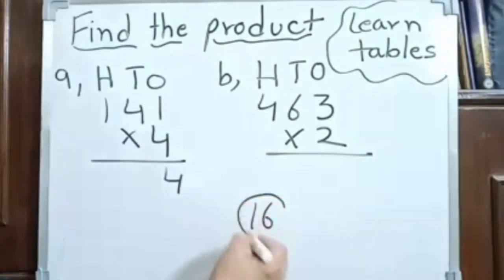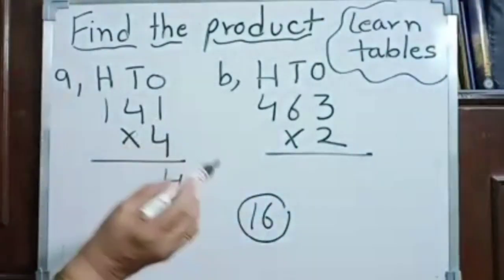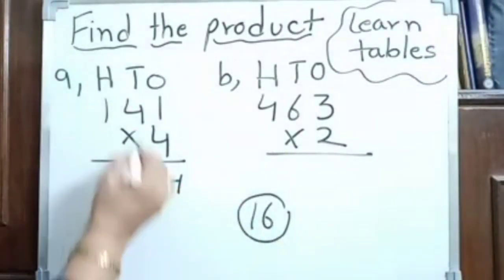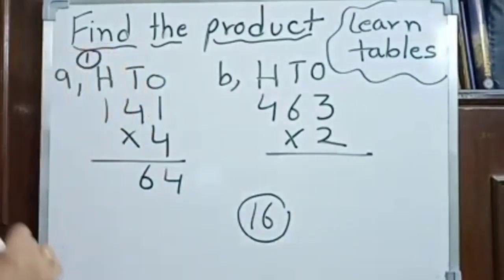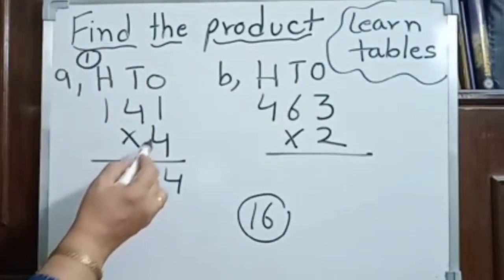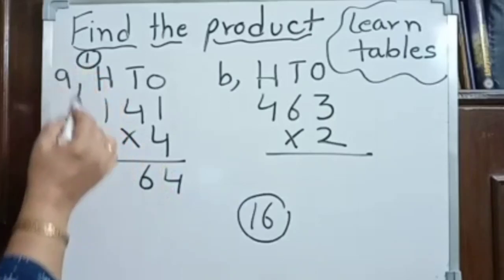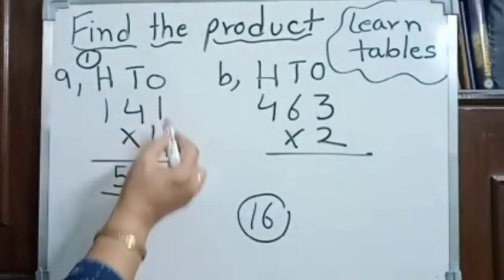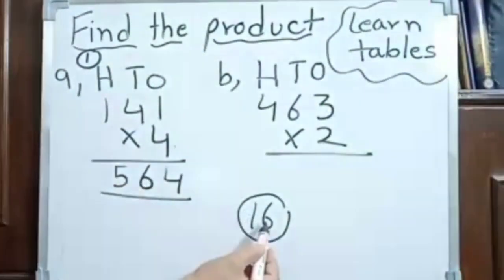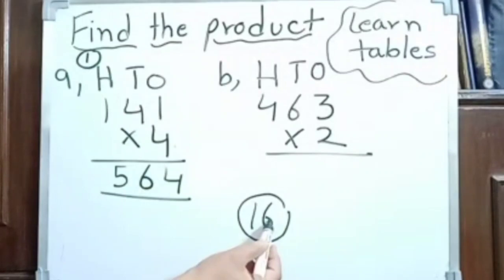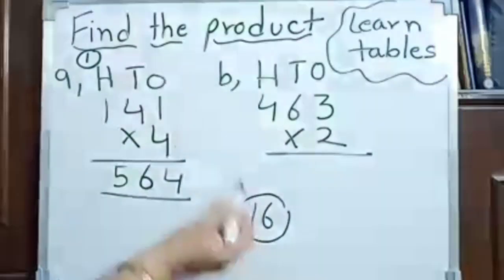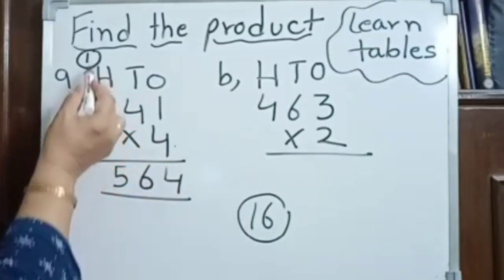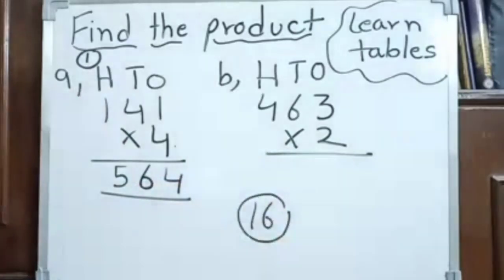When the number is more than 9, a 2-digit number, you know the rule of carryover addition. 6 is here and 1 will go to the next number. 4 ones are 4 and add this 1, that is 5. Again, 4 fours are 16. The ones place digit you put here and 1 will carry to the next number. 4 ones are 4 and 1, 5.